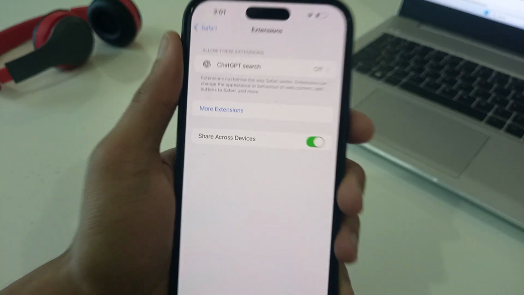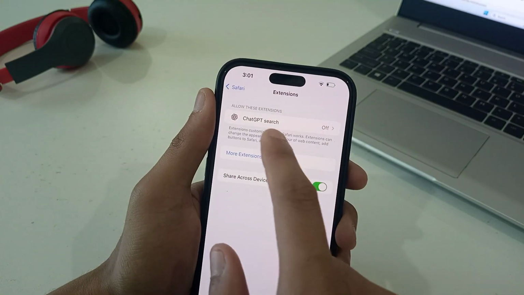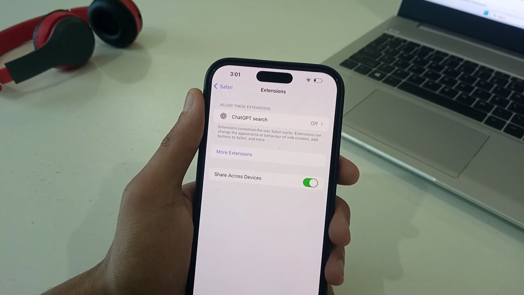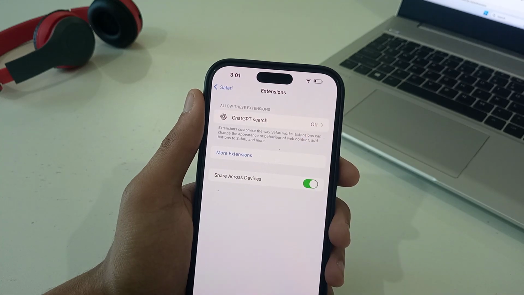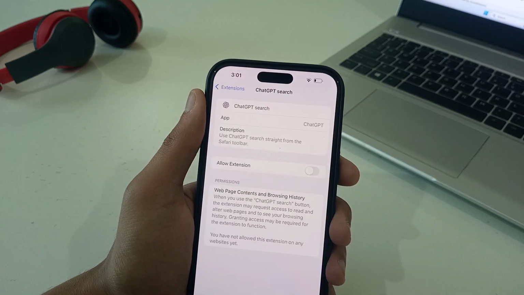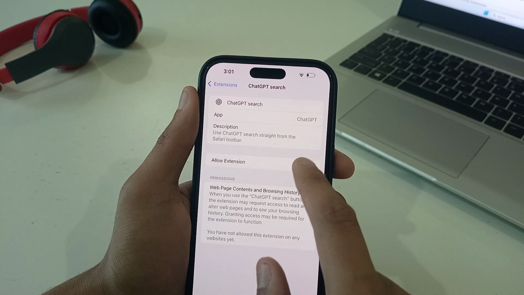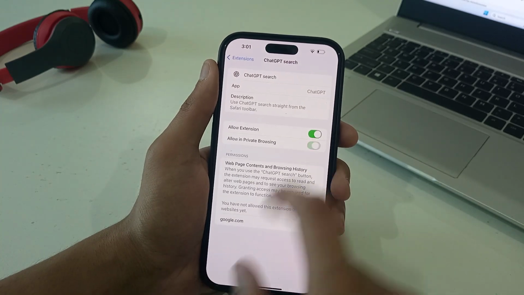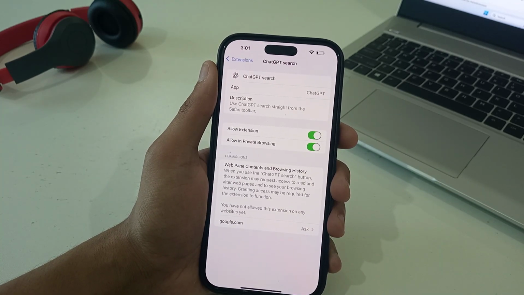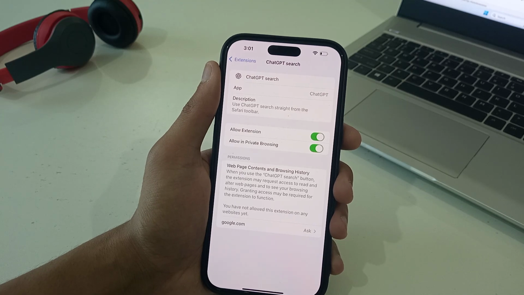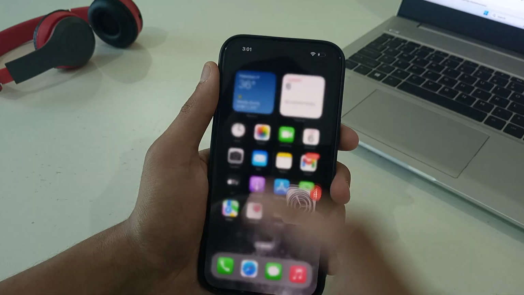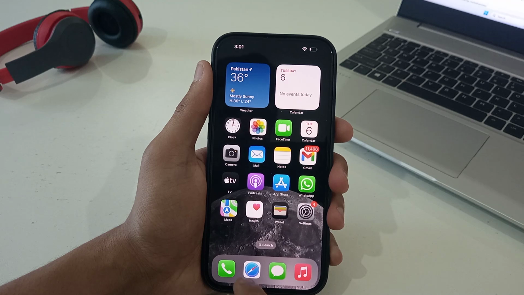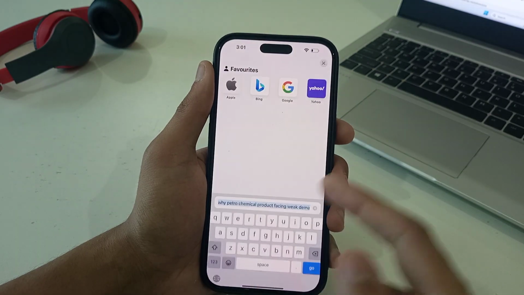Just tap on it and make sure you have allowed this extension, as it is off at the moment. What I'm doing here is enabling and allowing the extension. What it will do here is automatically convert our Safari browser into ChatGPT. Now if I go back, let's test it, and if I search for anything like hello,